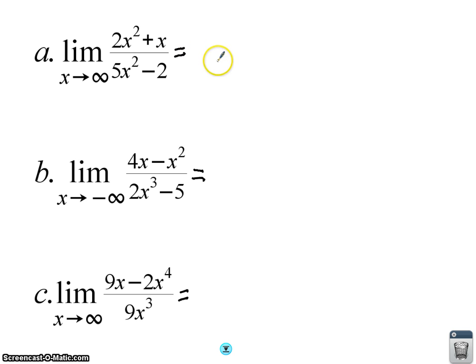If you're able to do that, you should have recognized the limit for that one was that. 3 of